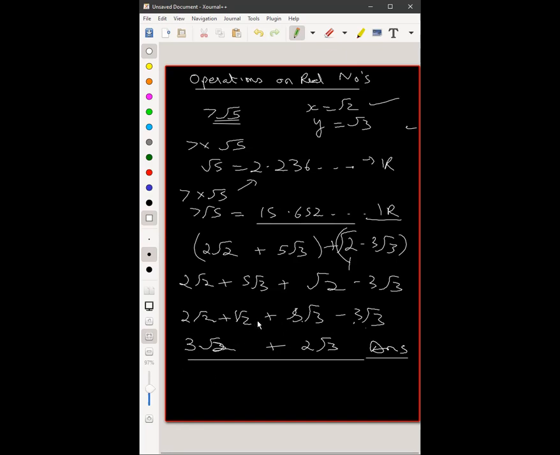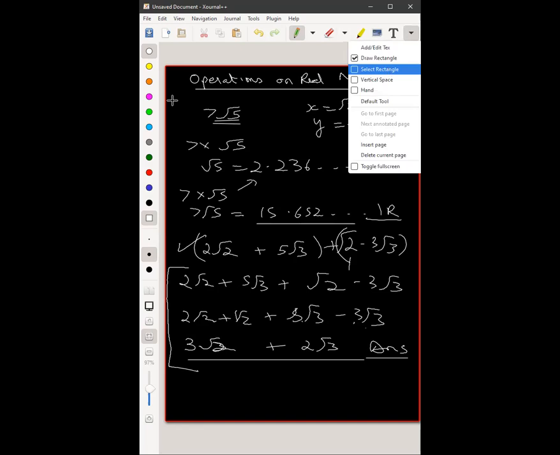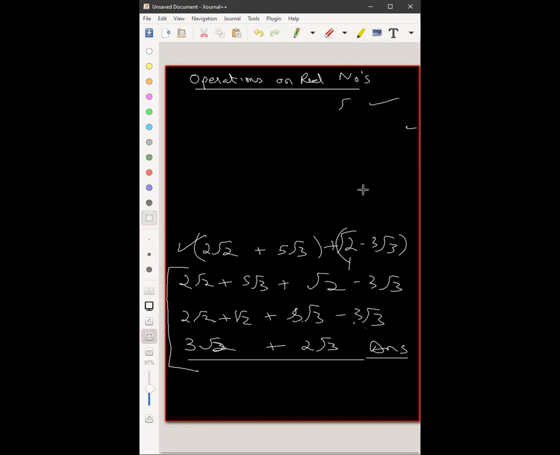But now do you see how we have to think of roots? Think of roots as x's, y's, as algebra. Each root will be an x, y, z, whatever, and just do whatever we want to do. Clear about this? You can copy this down. This is operations on real numbers. We are adding irrational numbers, because rational numbers you already know how to do, right? If there's any doubt, let me know.